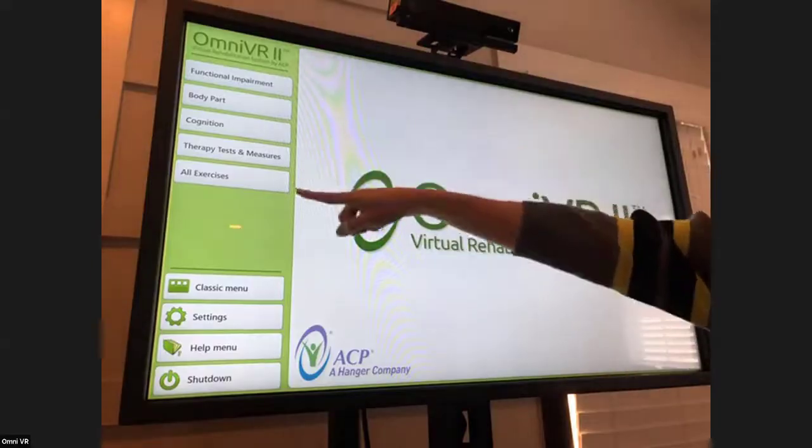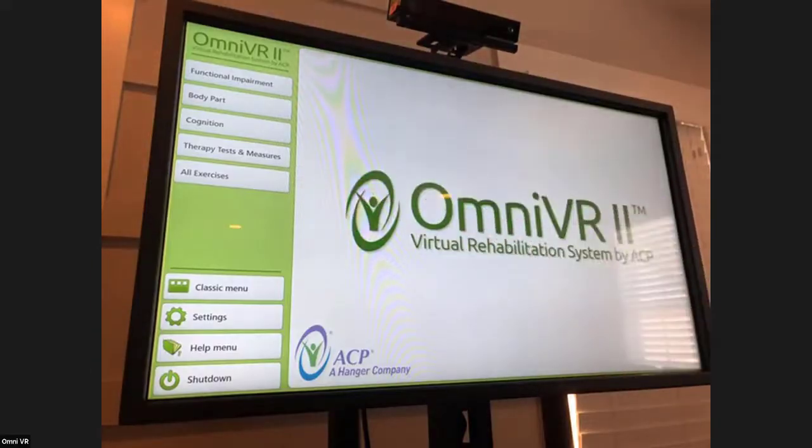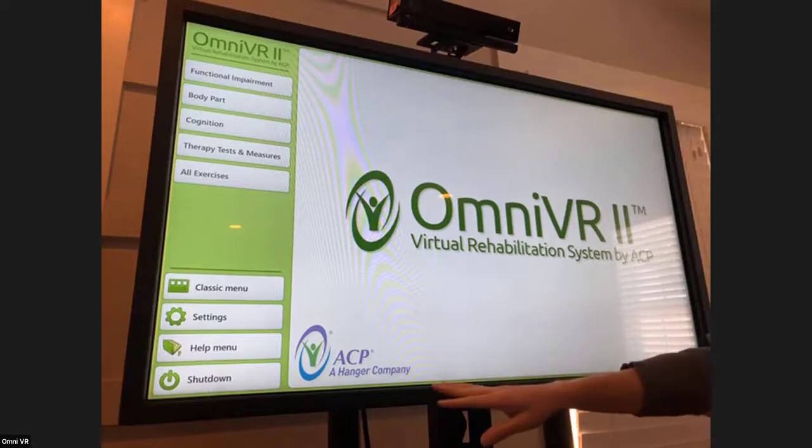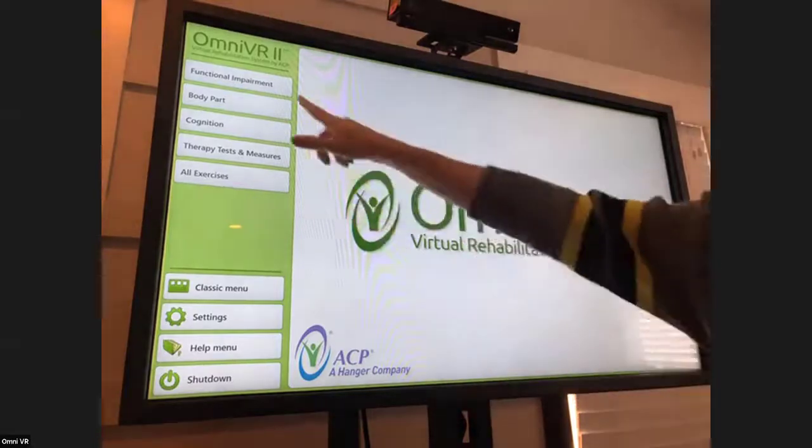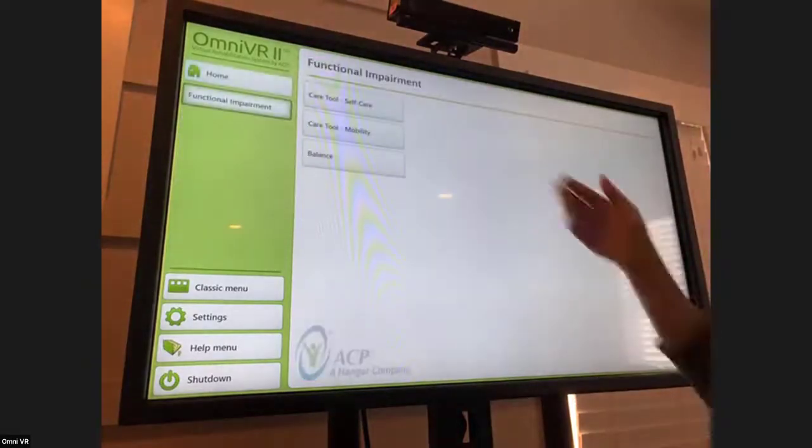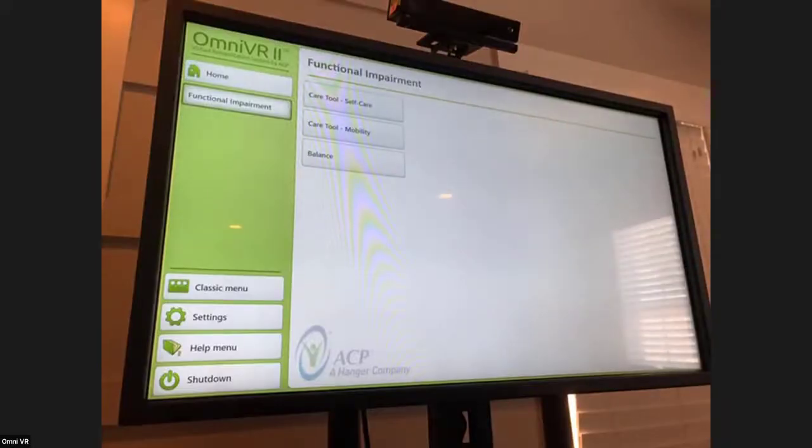So now let's move up to the top. By popular demand, when we did the software update, we really do take feedback from the clinicians who have used the device in the past. And one of the suggestions was to have more opportunities to find an activity that is appropriate for their patient. So we did quite a few things. You can search via functional impairment. We actually embedded the care tool, so both self-care and mobility sections of the care tool are embedded in here,